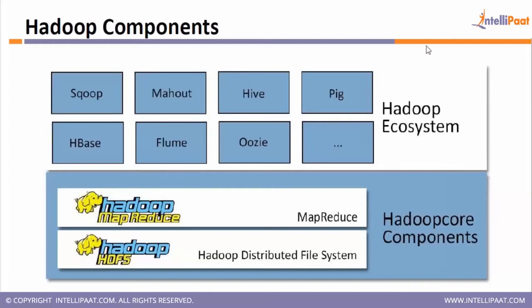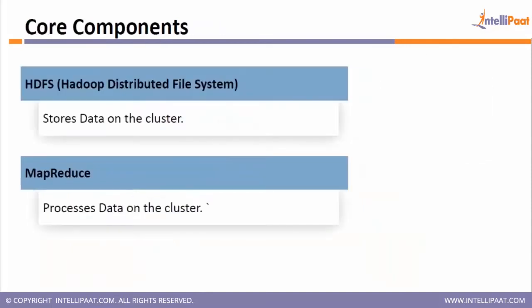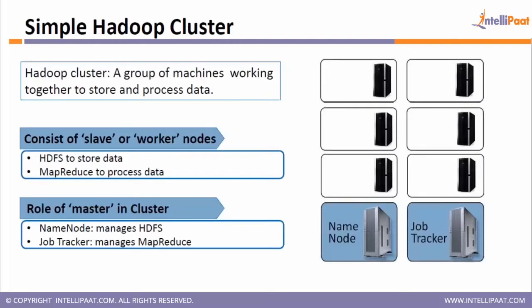Hadoop is basically a cluster. We would define a cluster in the real world as a place where we store the data on multiple nodes. So a cluster is nothing but a group of machines. It is not a single node, but a group of machines working together to store and process the data, because it is impossible to store a huge amount of data on a single node. So what is the alternative? The best alternative is to divide your data across multiple nodes. We'll see how we are going to store that data on HDFS as a storage layer.